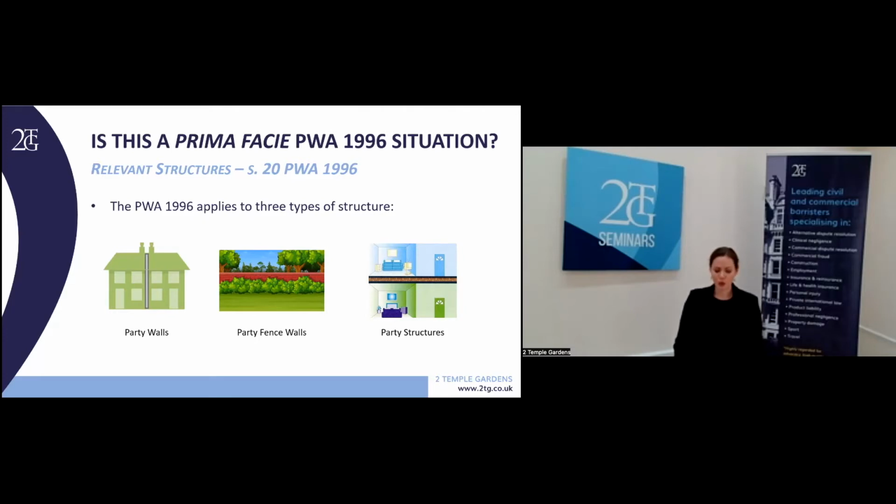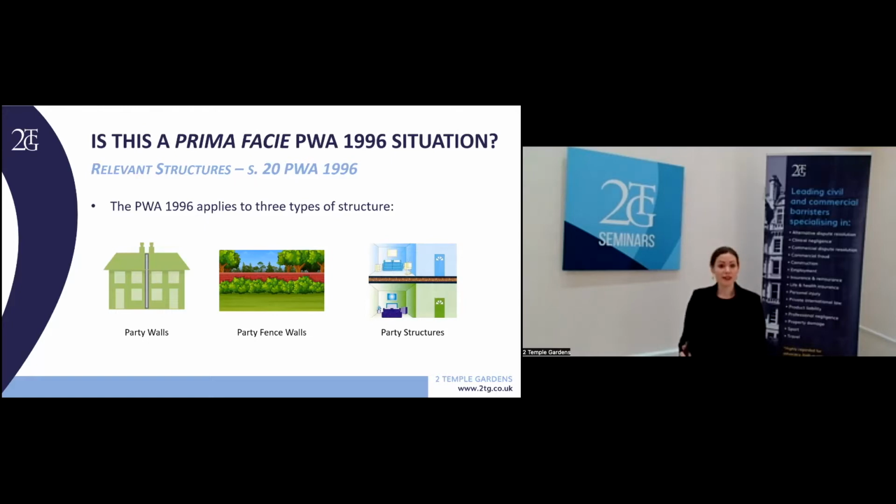In short, a wall will be a party wall where it's one, part of a building, and two, either straddles the legal boundary or separates buildings belonging to different owners. Now, this either-or definition means that you can have a party wall which is part of only one building with, for example, the adjoining owner's garden on the other side, or indeed a party wall that stands on the land of only one person, but nevertheless divides the land of the properties of two people.